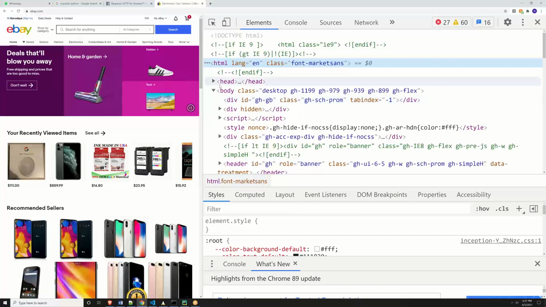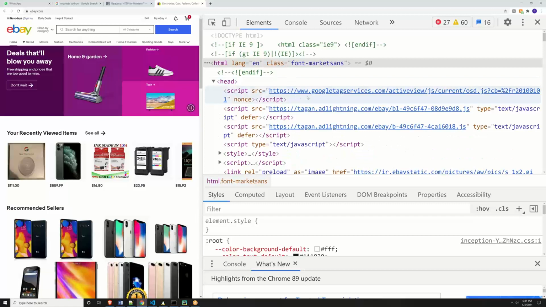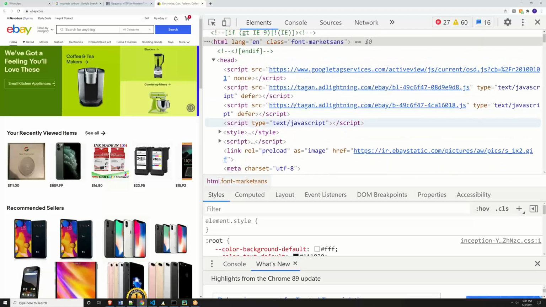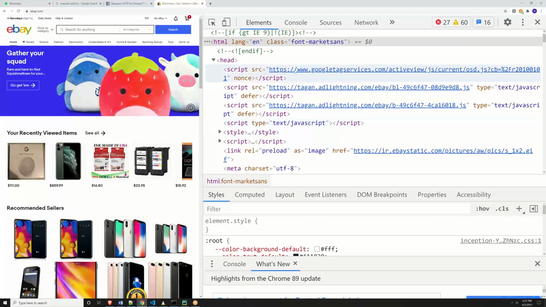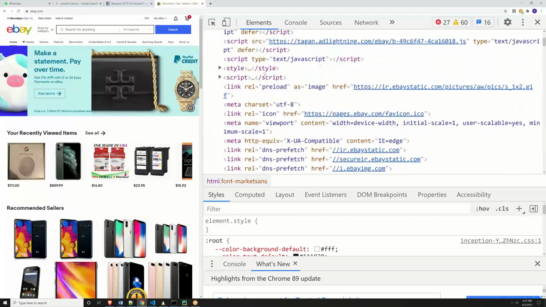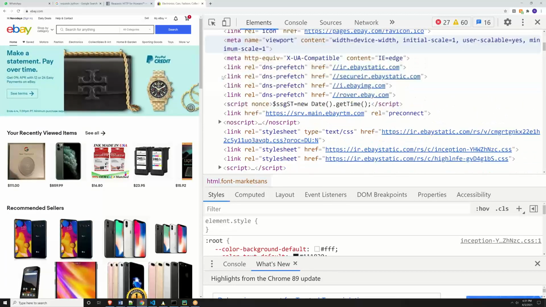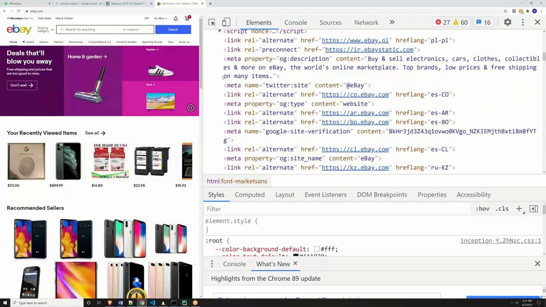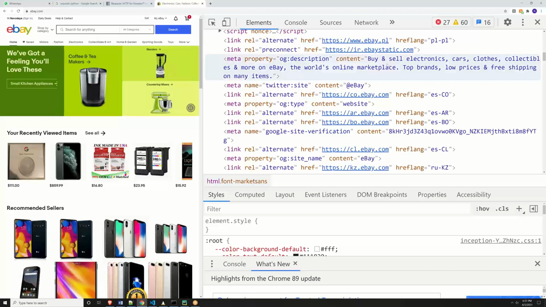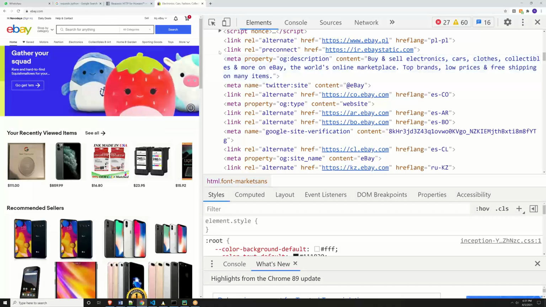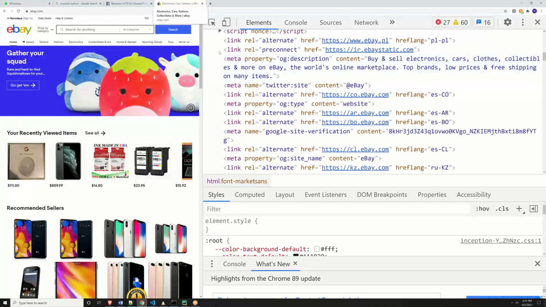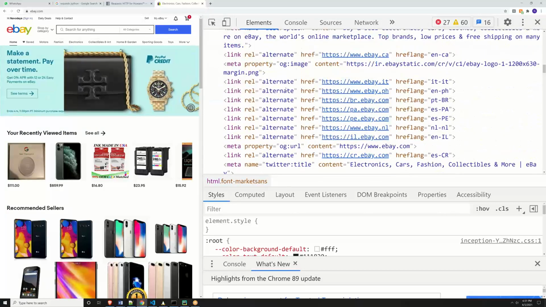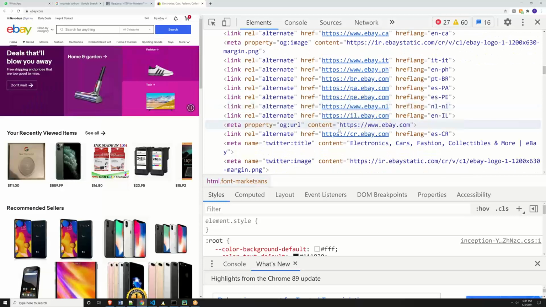So there's a heading. You can see it says on the top. Try to see. You can see that there's a description: buy and sell electronics and all that. Okay, so if I, one second. Yeah, you can see that